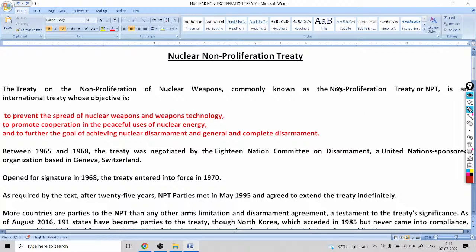The Treaty on Non-Proliferation of Nuclear Weapons, commonly known as the Non-Proliferation Treaty or NPT, is an international treaty whose objective is to prevent the spread of nuclear weapons and weapons technology, to promote cooperation in the peaceful use of nuclear energy, and to further